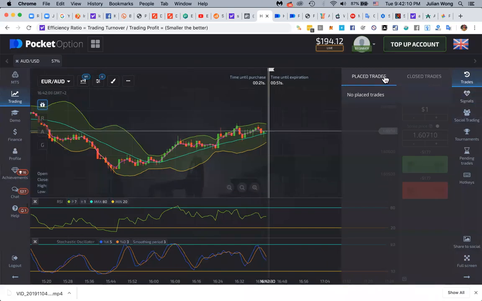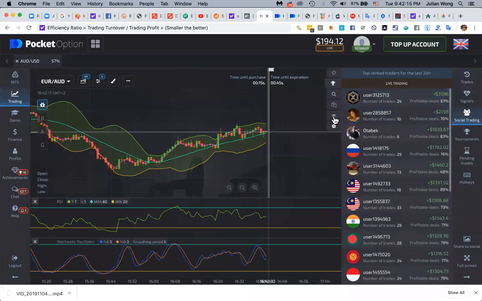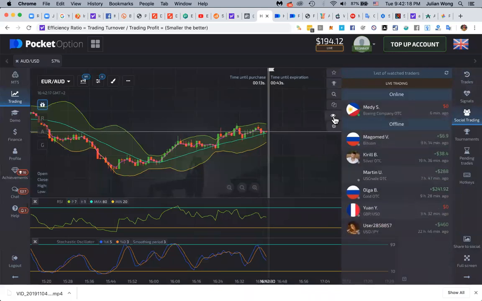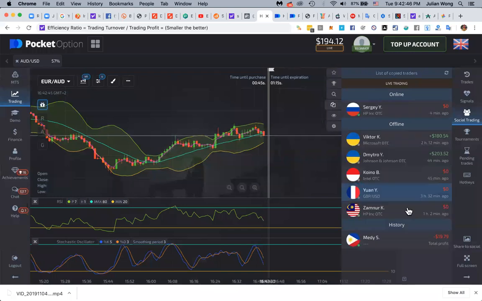And when you are running your trading, you can check who's on, who's off. This is your watch traders. So you don't have to copy them straight away. You can watch them and see how they're performing on a daily basis. Sometimes your watch traders may not be the same as the ones that you copy. But if you just keep an eye, are they regularly making? If they are, then you can favorite a lot of traders. There's no harm in following them. And then when you constantly see this person making good money, you decide to copy them.